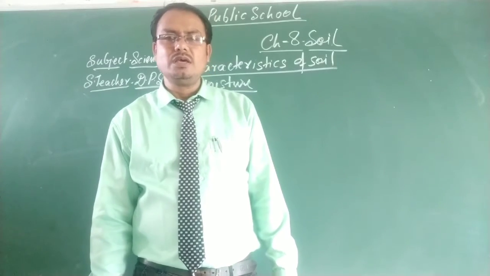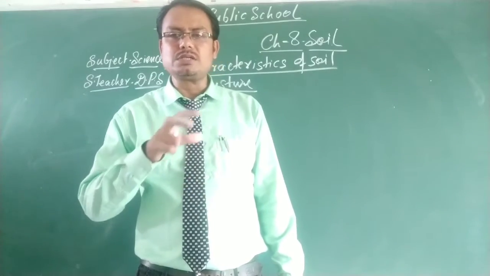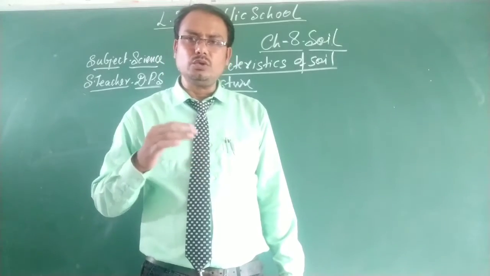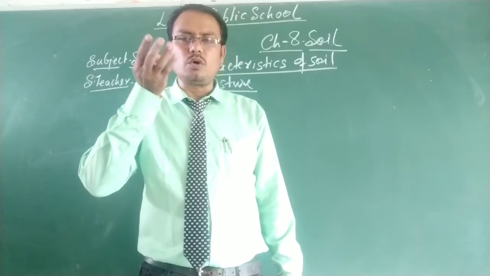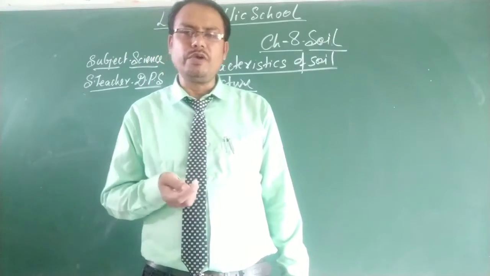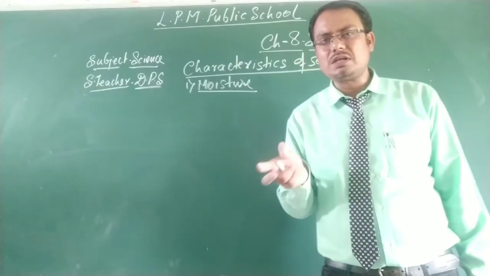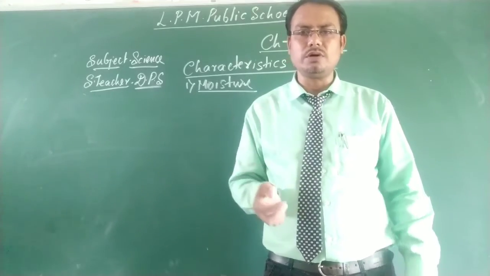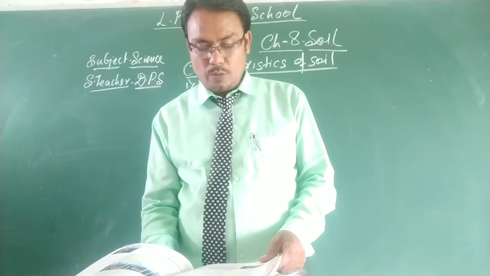When the sun's scorching heat hits the soil ground surface in which water is contained, that water also gets heated and comes out above the surface of the soil in the form of vapor. When sunlight falls on that vapor, it reflects the light and gives a shining appearance, which is called the shimmer. Next, in the characteristics of soil, the next topic is the percolation rate of water in soil.